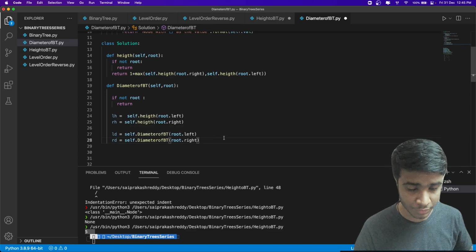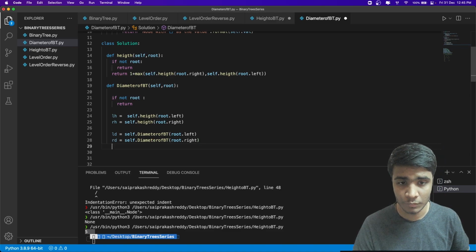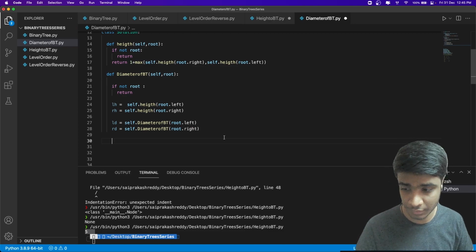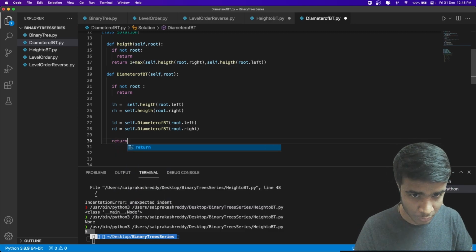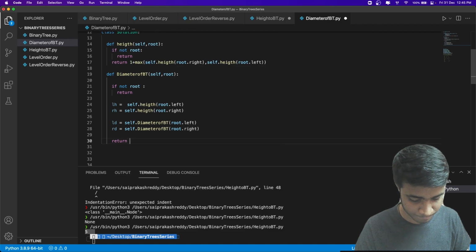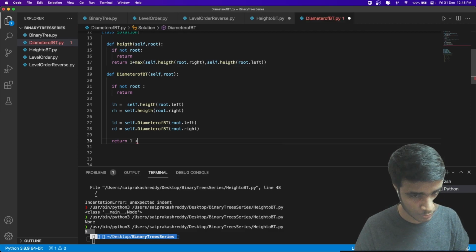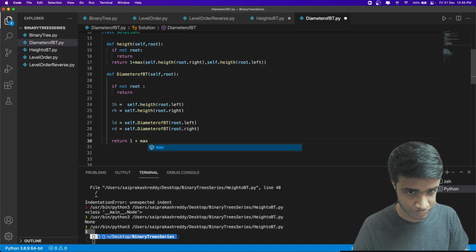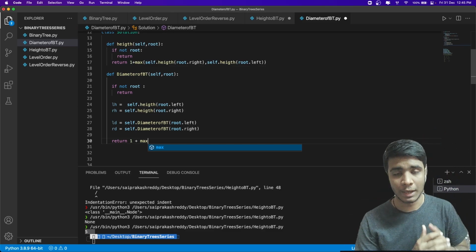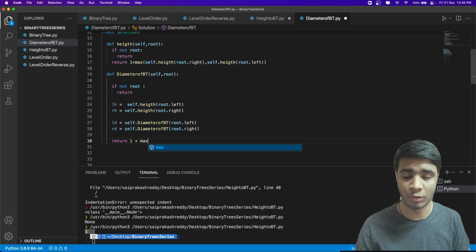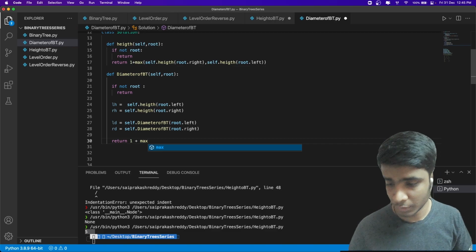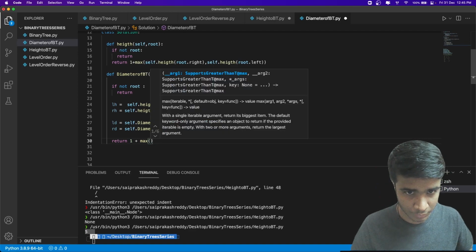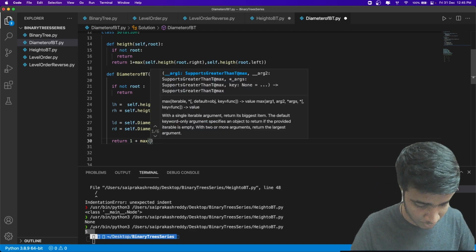Now the question is, what would be the diameter at our current node, right? So we are basically going to return the maximum. At my node, what would be the diameter of my node? I will compare the maximum of what my current answer is.